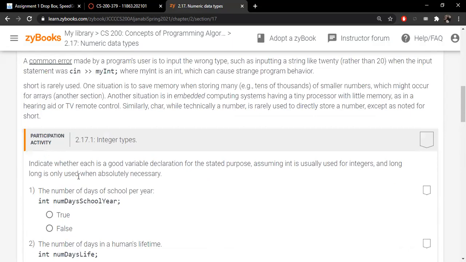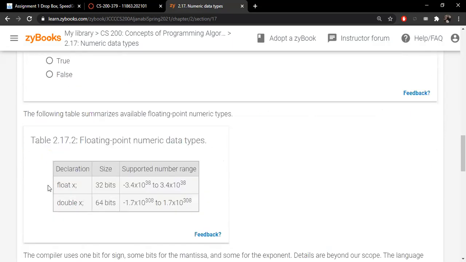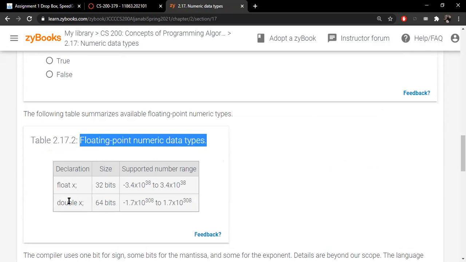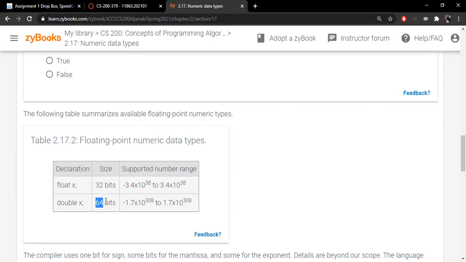Well, he didn't talk about unsigned here, so let me just go with the float here. We also talked about floating points in numerical values. We have float, we have double. You can see here the difference between them. The float is 32 bits and the double 64 bits. And by 32 and 64, I'm talking about the reserved space inside the memory. So how much memory you're going to reserve to store a float, and how much memory you would reserve to store a double. And of course, the higher this value is, the wider the range of values you can